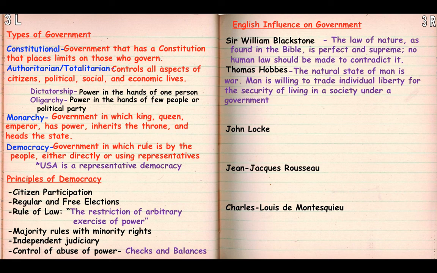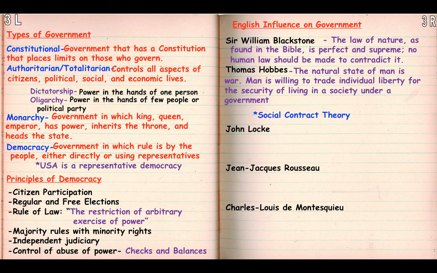Thomas Hobbes, not Coach Hobbes, Thomas Hobbes, said that the natural state of man is war. If we were to put them on a spectrum, he would be a far left, and not even a left in the sense of Democrats and Republicans, or liberals and conservatives, but just putting him on a spectrum. He'd be on the left-hand side of the spectrum at the very, very far end. And he would say that everybody needs to give up certain freedoms and liberties in order to know that everybody else isn't going to be running around like the purge. He felt like all mankind, not men versus women, is animalistic, very Lord of the Flies-esque. So he is a huge contributor to that social contract theory that we talked about yesterday